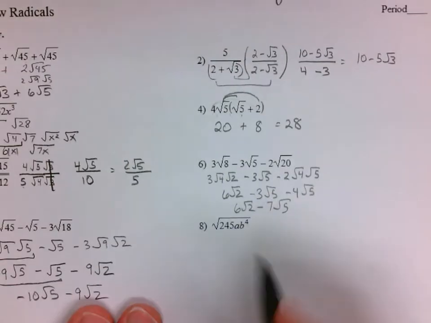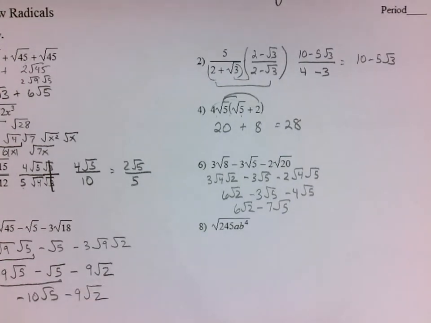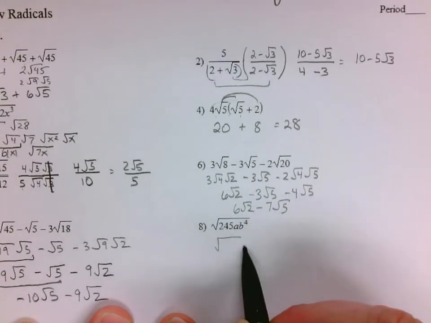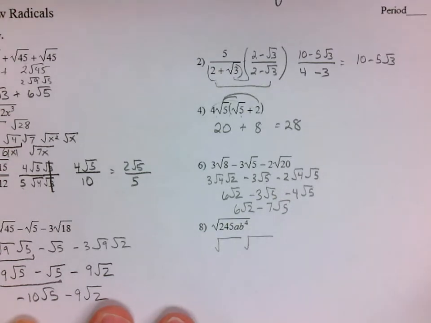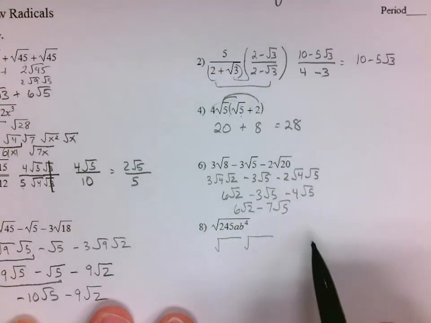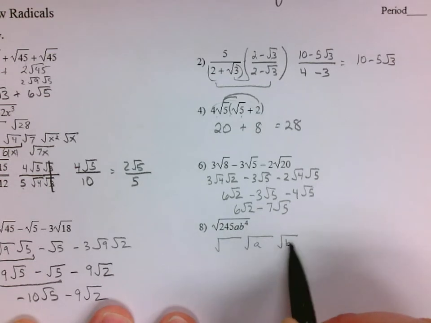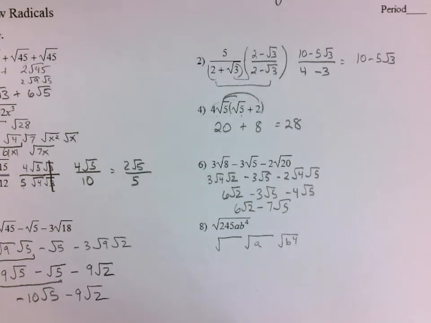Radical 245. I'm looking for 2 radicals that go into 245. That one's a perfect square. I know A can't be written as a perfect square, but B to the 4th is a perfect square. So I got to see, can I break down 245? Well, it ends in a 5, so I know the even numbers are not going in there. So the only one you could try is 25. You know that doesn't go in there